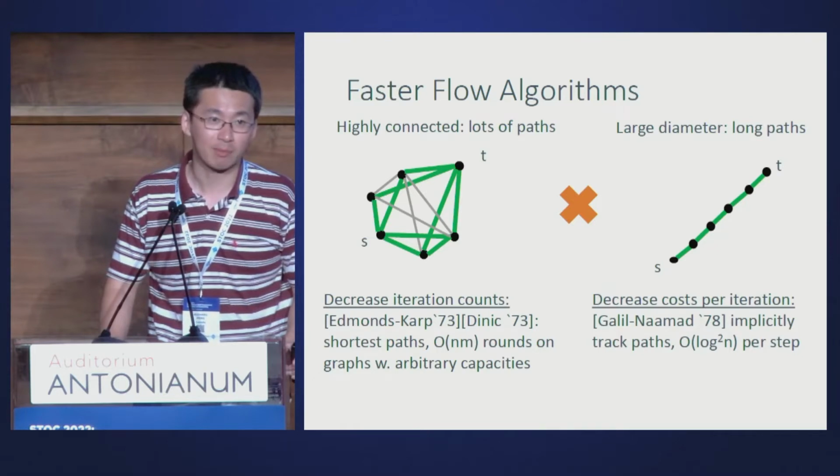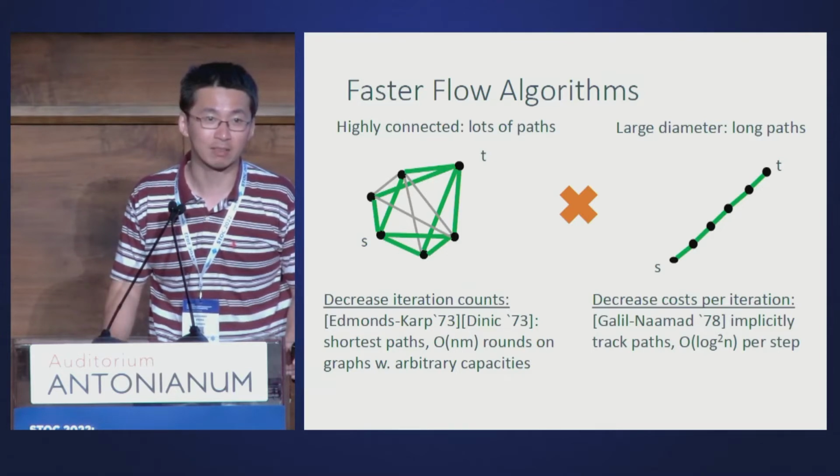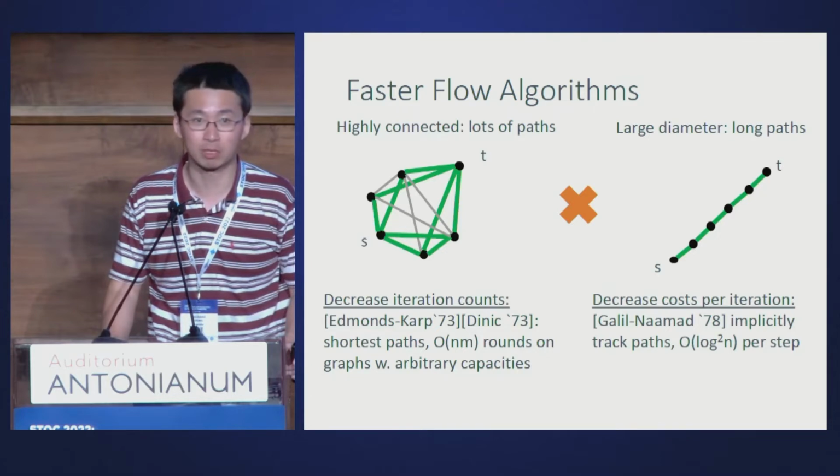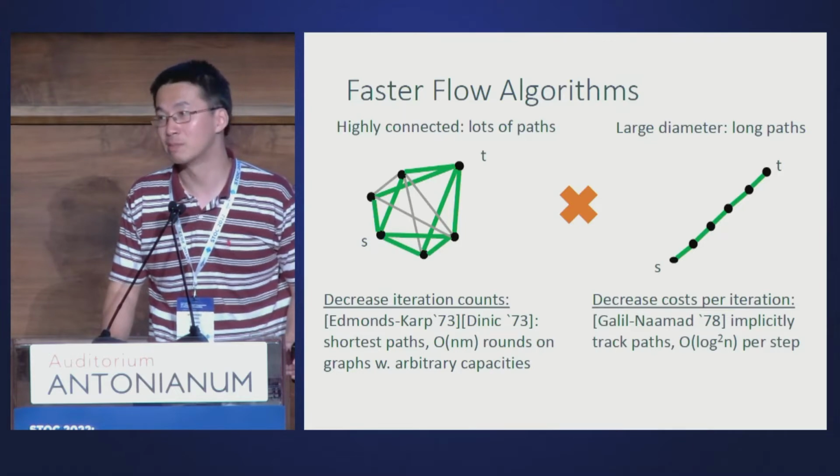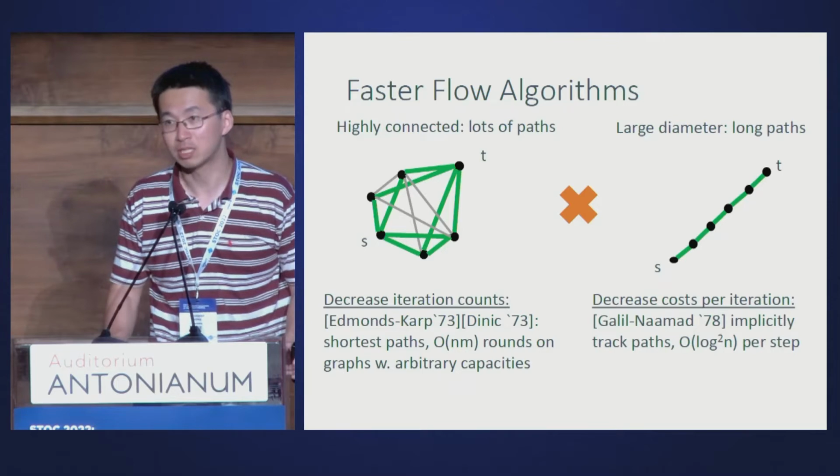So you just get a harmonic series kind of sum. This is the simplest intuition for why dynamic shortest path gives you almost linear time max flow, which is you just sum across k from 1 to m of m over k. And that's essentially the minimal size of the change you have to do. I would love to see something that gets in that direction,